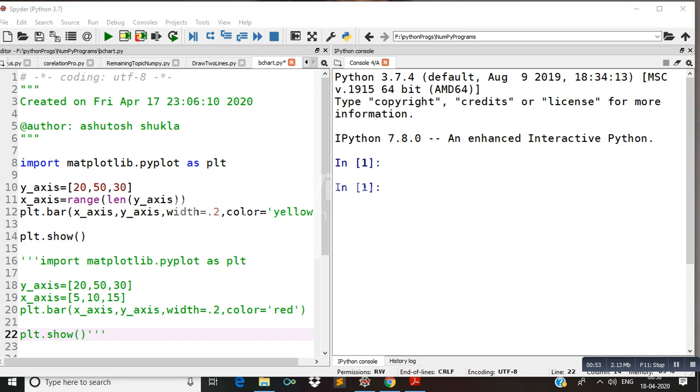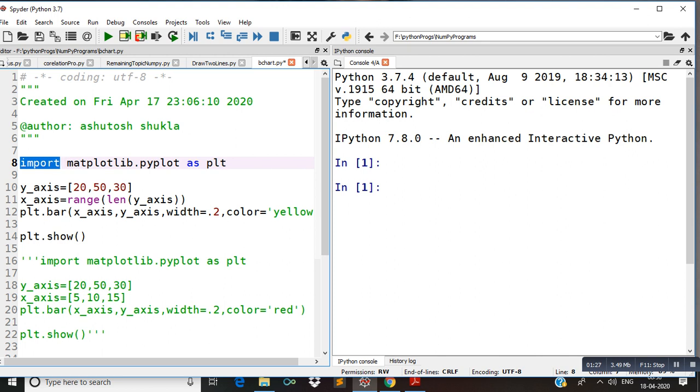import matplotlib.pyplot as plt. Do you know the purpose of this line? Here matplotlib is the library and pyplot is the module. The pyplot module of the matplotlib library is included using the import keyword.